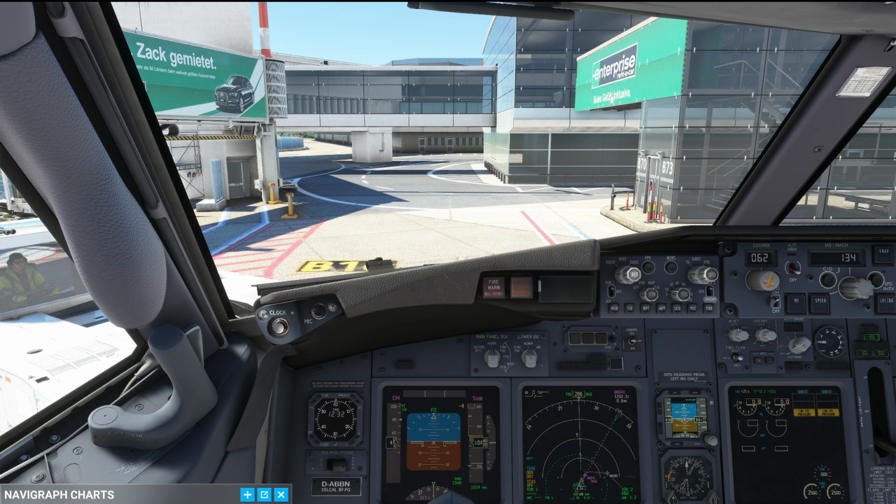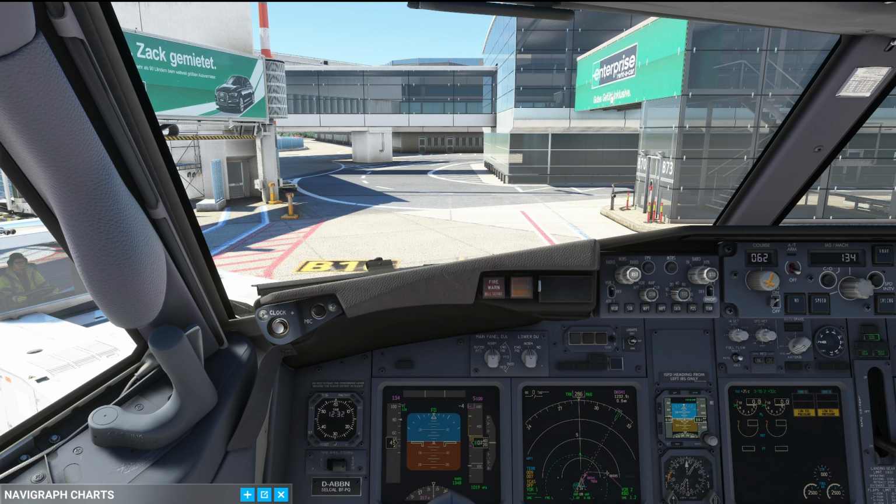Now, the way the exact clearance looks is a little bit different per country, but what is always included is the following: your standard instrument departure, a squawk, and in most cases some sort of an en route clearance. So in Germany, for example, your clearance could be as follows: Air Berlin 4 Uniform X-Ray, cleared to Munich via Kumik 1 Charlie departure, flight planned route, climb via SID 5,000 feet, squawk 1234. And you would read that exact thing back. So, Air Berlin 4 Uniform X-Ray, cleared to Munich via Kumik 1 Charlie departure, flight planned route, climb via SID